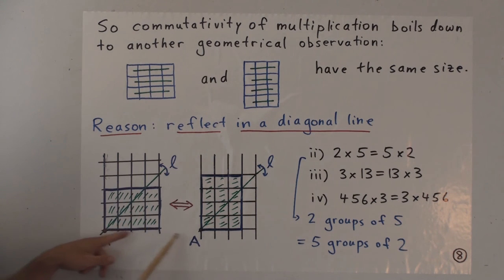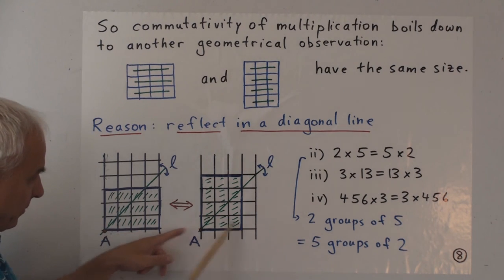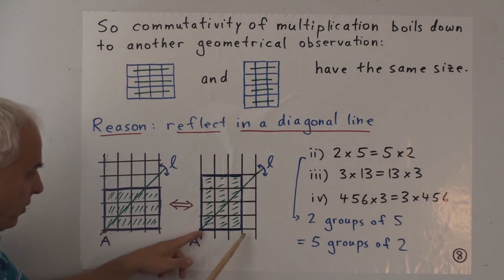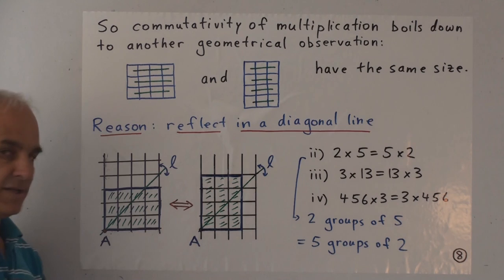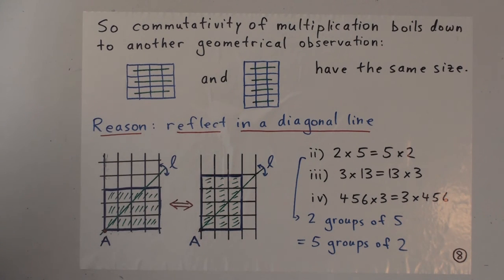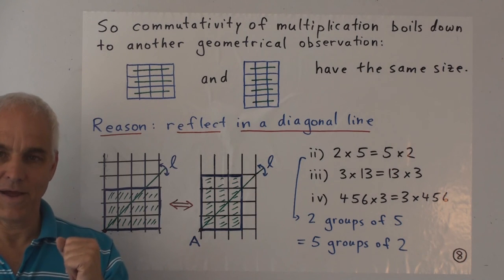What happens to this one? It goes there. We're getting exactly this picture here. So this point here goes to that one. This one goes to that one. And this point here, it goes to there, which is there. So the 4 sides go to these 4 sides. The 3 by 4 rectangle goes to the 4 by 3 rectangle. It's just a flip in a diagonal line.